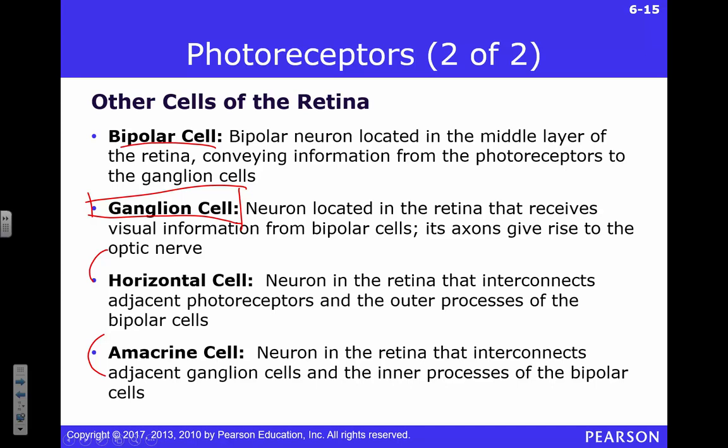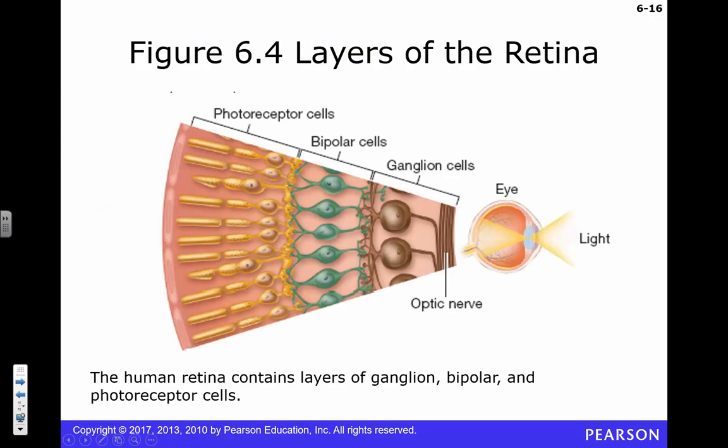Your ganglion cells, though, these guys are kind of important. These are the first cells to fire an action potential. Up until this point, everything we've done has been those receptor potentials, just those graded potentials. At this point, though, we're going to do a real action potential, and we're going to send that out through the optic nerve back into your brain.